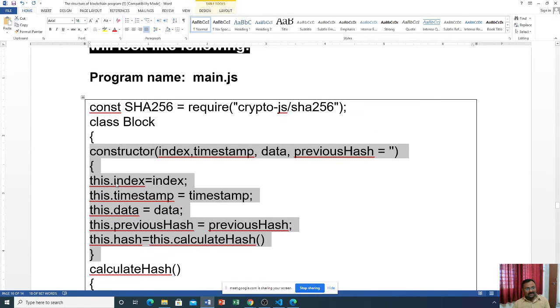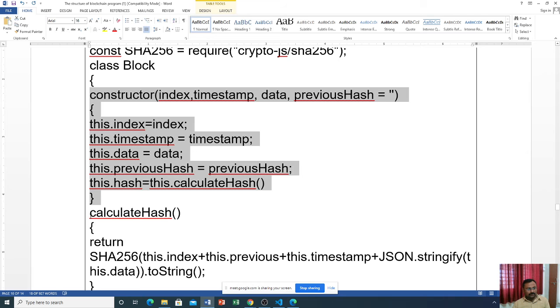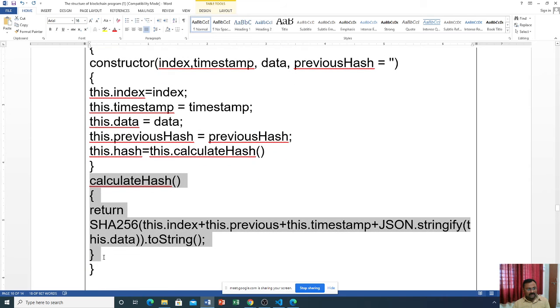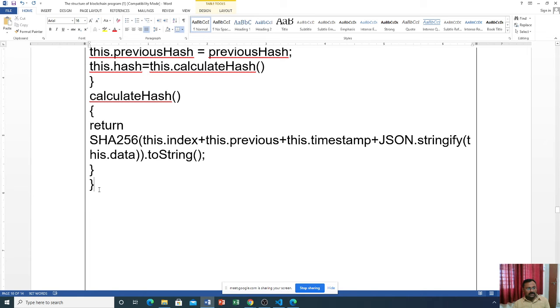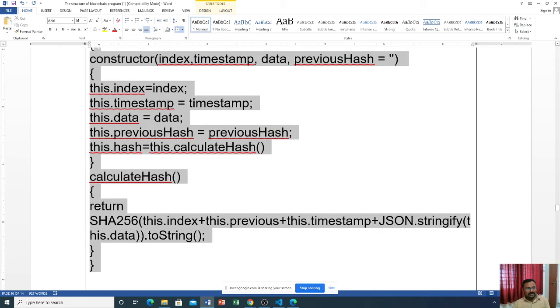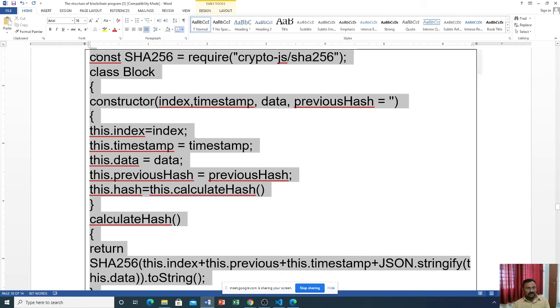Here is the constructor of class Block. The first function calculates the hash. Finally the block is complete. This is the block structure.